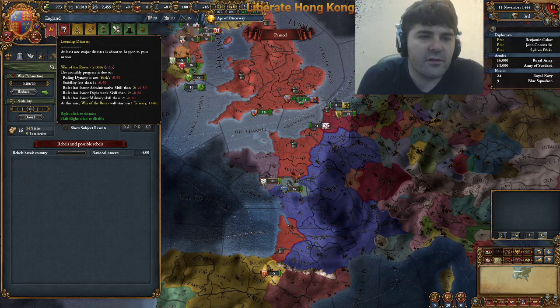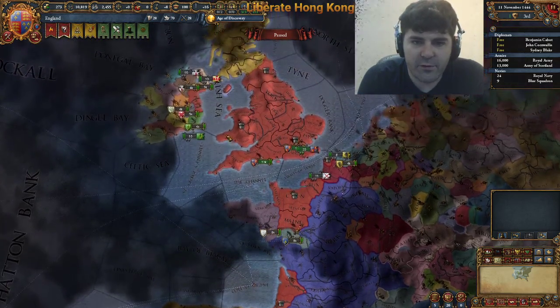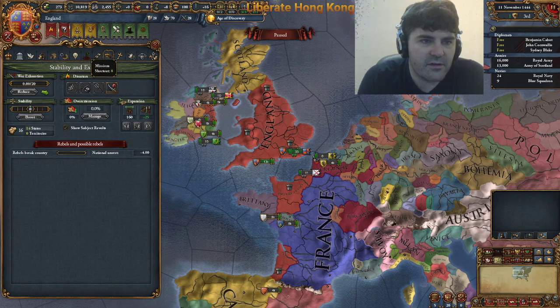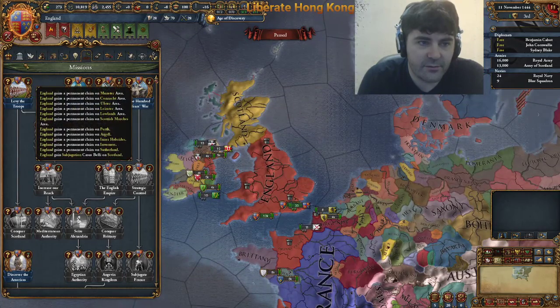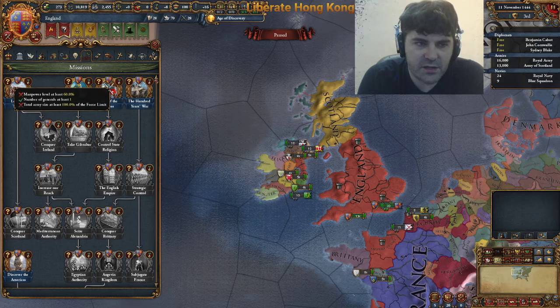So this is interesting. So in a few years we'll have the War of the Roses, assuming nothing changes. So how does this all work? Holy shit. So you get the subjugation casus belli for Scotland from this. Would subjugation give you...